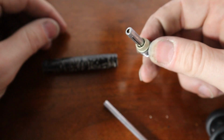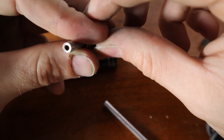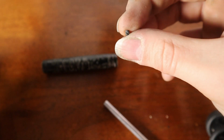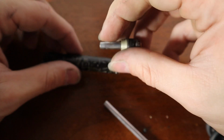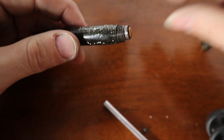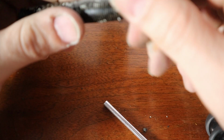to replace the diaphragm. This one actually popped right out for me, so I got lucky. I don't have to dig this out. So I'm going to have to do another one to show you how I get the ball out. And the ball is this little plastic guy that was actually within the diaphragm. So we'll replace it, we'll cut it down, we'll fit it in, and I'll find how much I'm going to screw this in and find the level so that I can keep this together, keep this on,